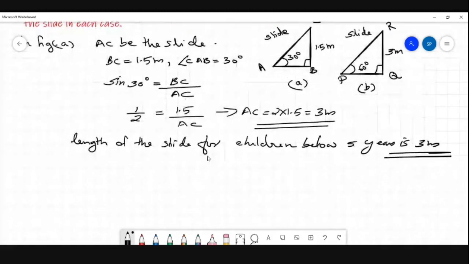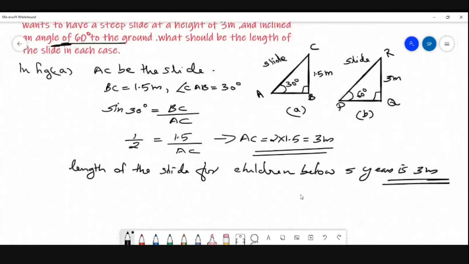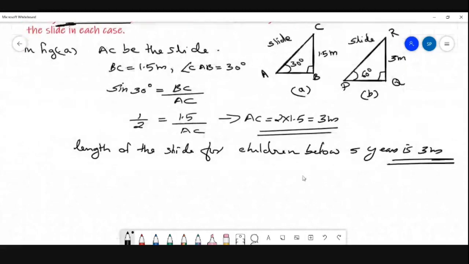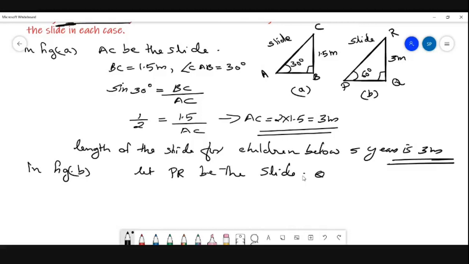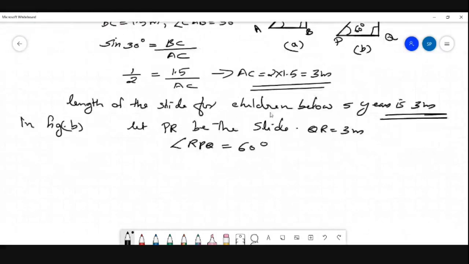Now consider the next, that is figure B. Consider figure B. The figure B is for elder ones. So let PR be the slide and QR equal to 3 meter and angle RPQ equal to 60 degree. Now we consider the triangle PQR. In triangle PQR we have,